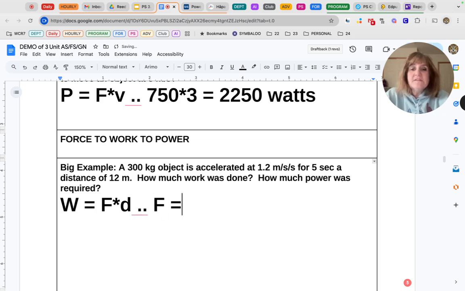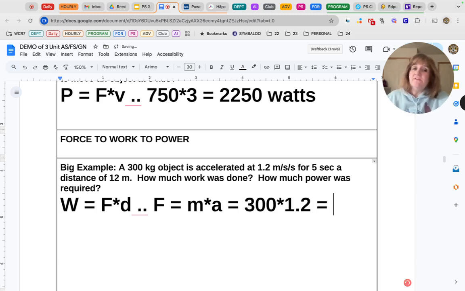So force is equal to mass times acceleration, right? So my mass of 300 times my acceleration of 1.2, again, grab your handy dandy calculator, is 360 newtons,